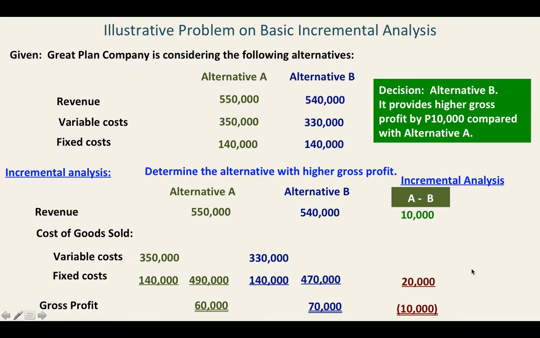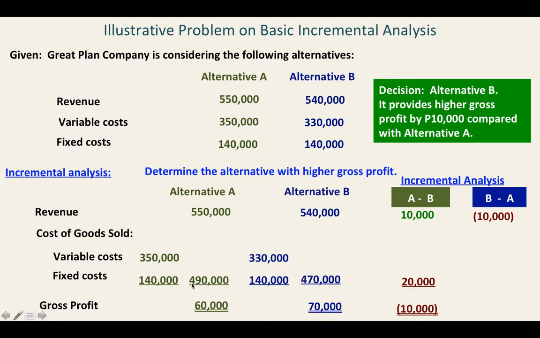However, if we will do this incremental analysis wherein B, we will compare it with A. So in this case, B, 540,000 minus 550,000. There is a negative of 10,000. So here we are saying that in terms of revenue, B has a lower revenue by 10,000. Okay? So for cost of goods sold,